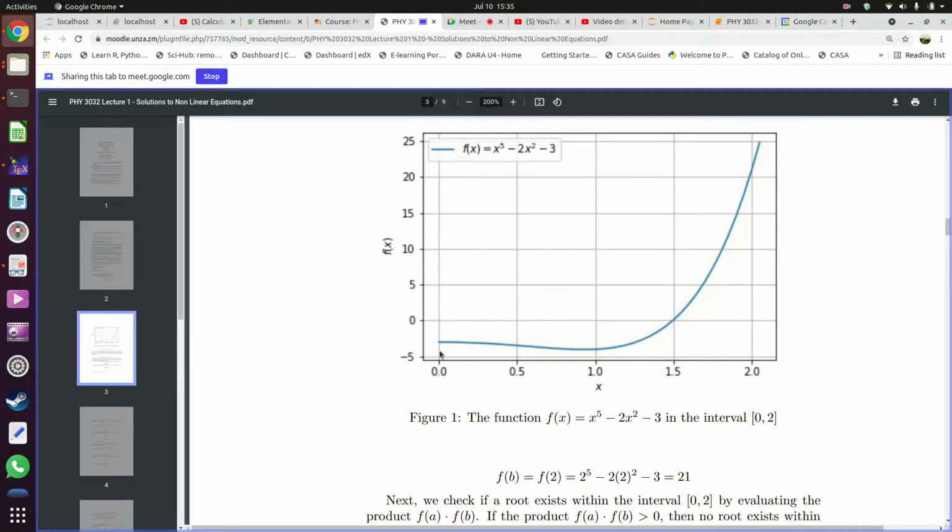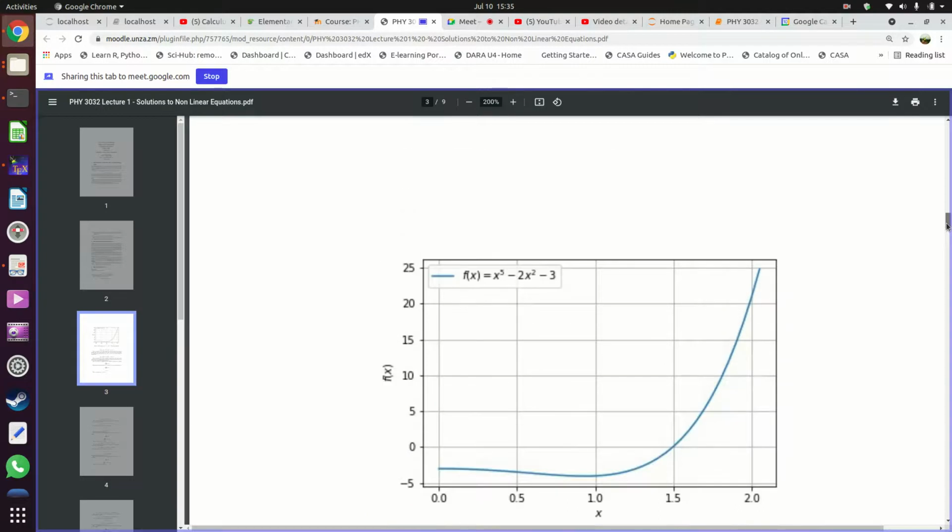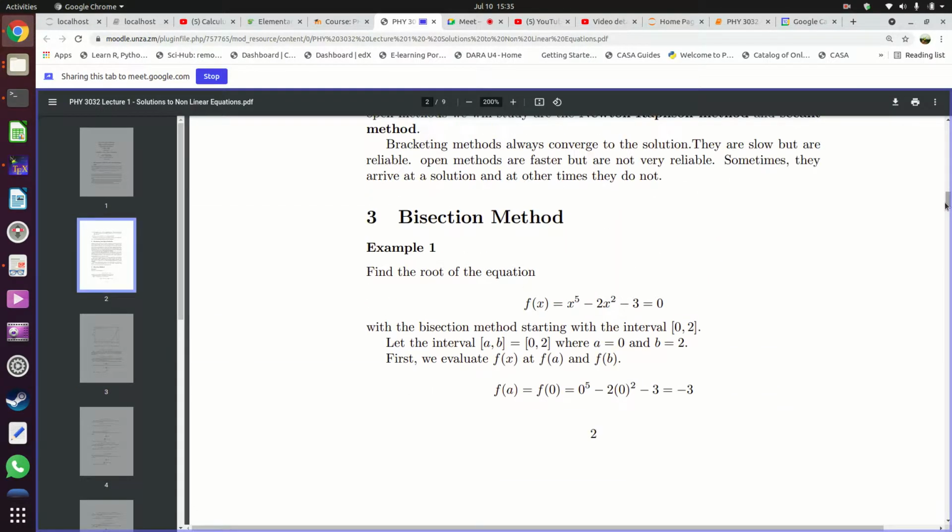Yes. We made the assumption that you can only have one answer in an interval. And the only way you're going to have one answer in an interval is if the function changes sign from negative to positive or positive to negative. So that's the first thing you're supposed to do. If you can't plot, you have a way of checking if a function is negative or positive at the lower boundary and the upper boundary, and see if this is going to do that. So basically, that's how we're going to do it.